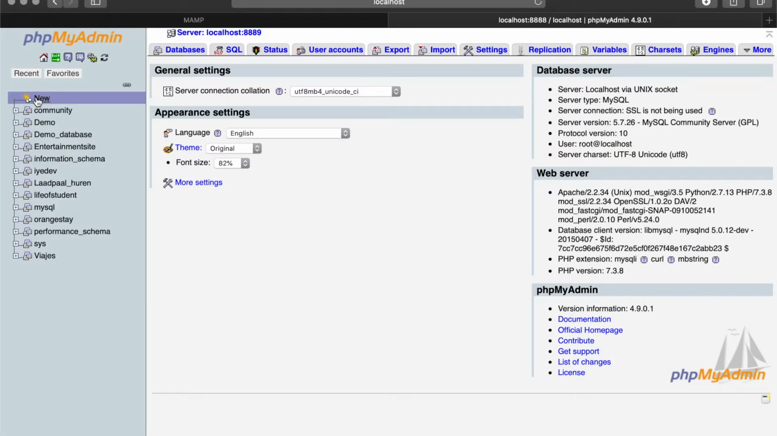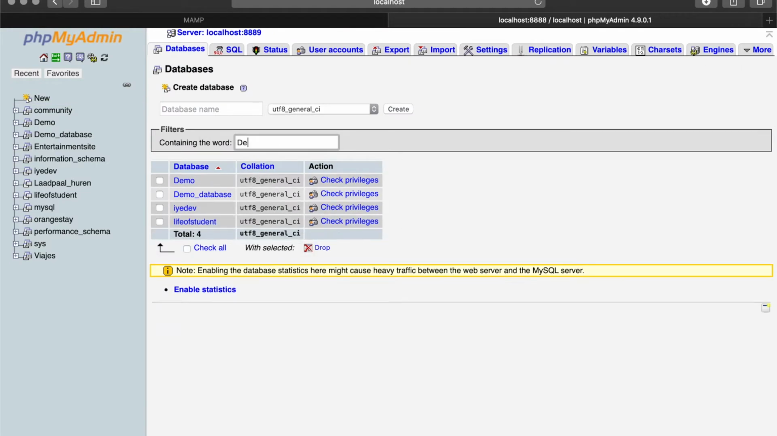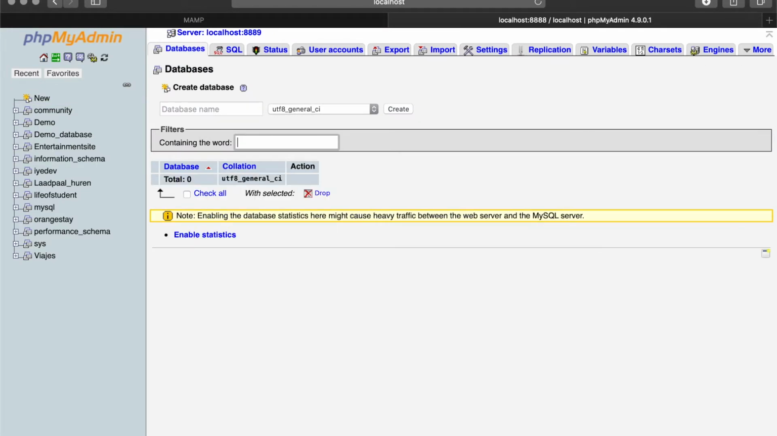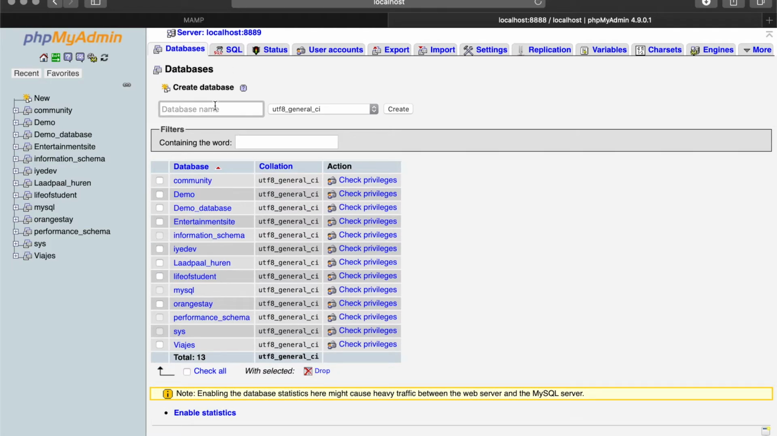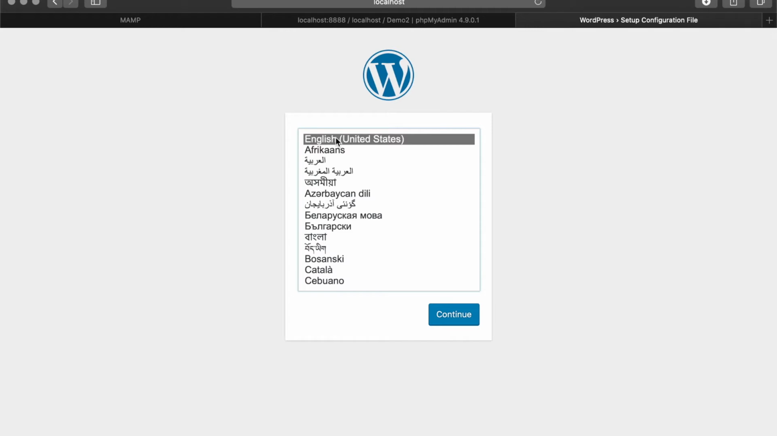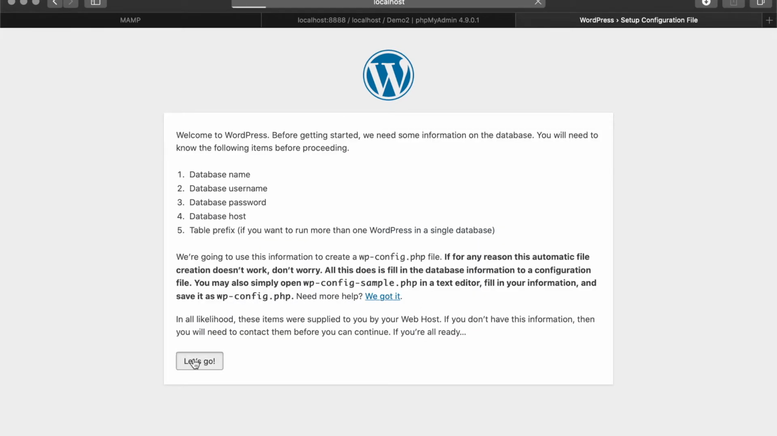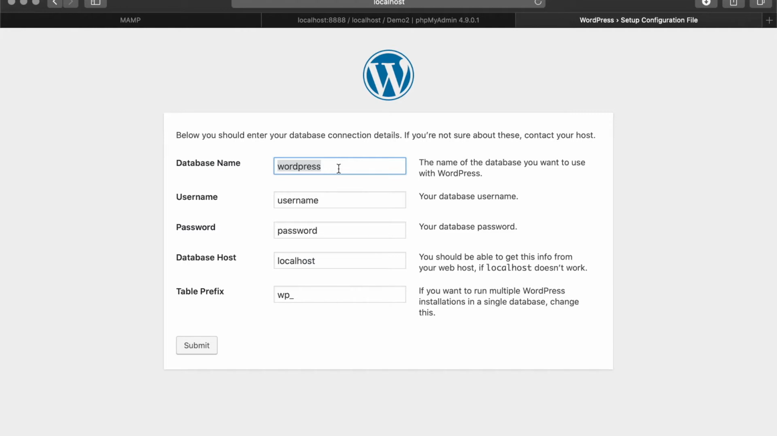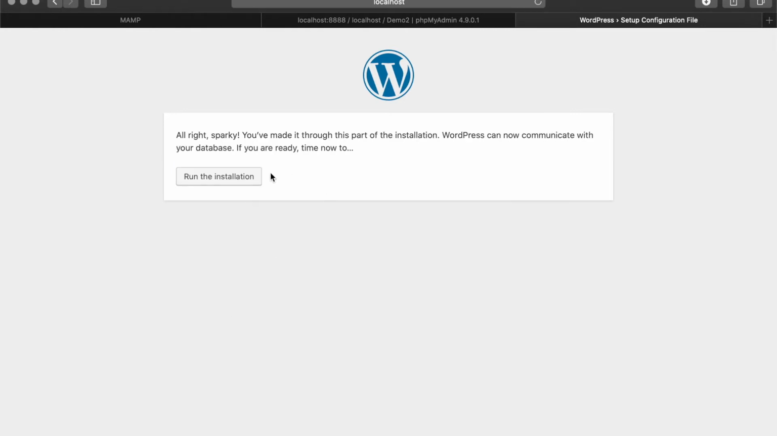installation process. Make a new database, demo number 2, create. Now we have a second database for a second website. Click on my website, go through the installation process, you know the drill. I created a database number 2, username always root, password always root, localhost, submit, run the installation,